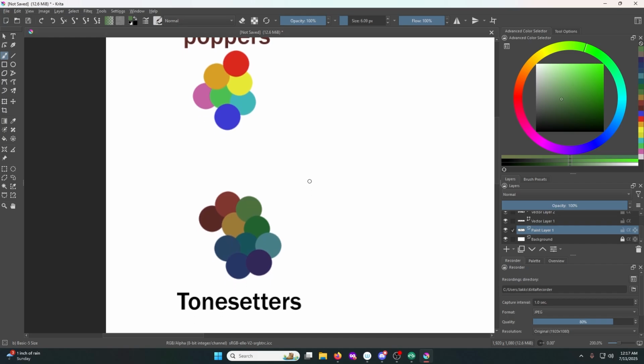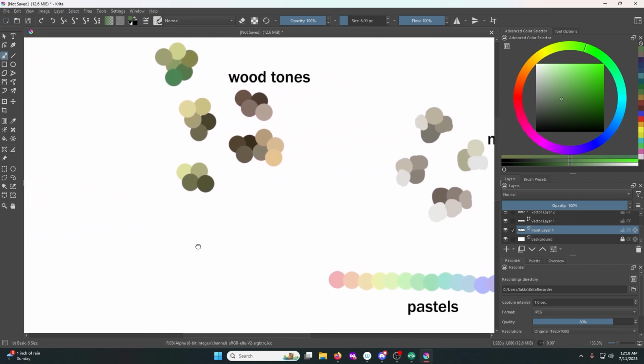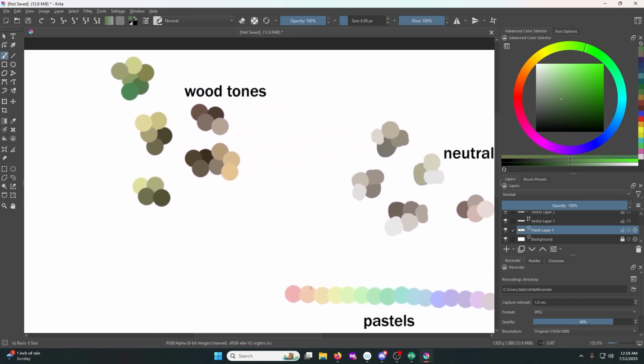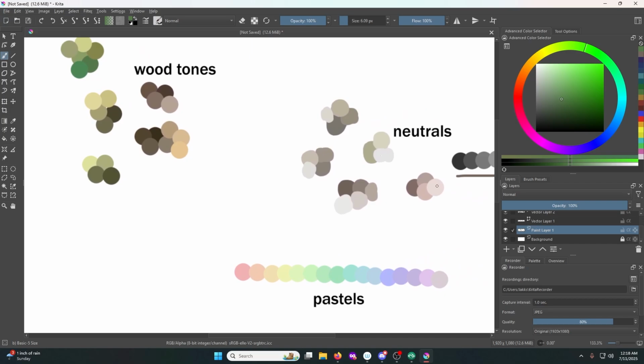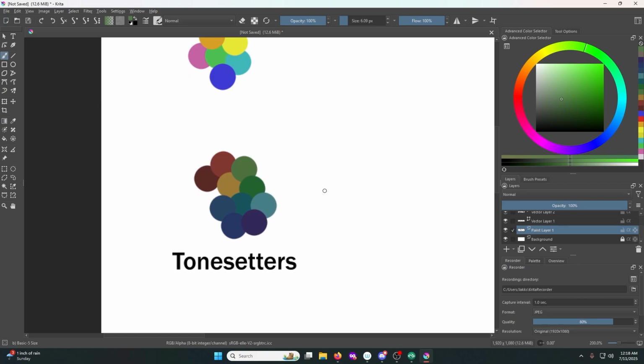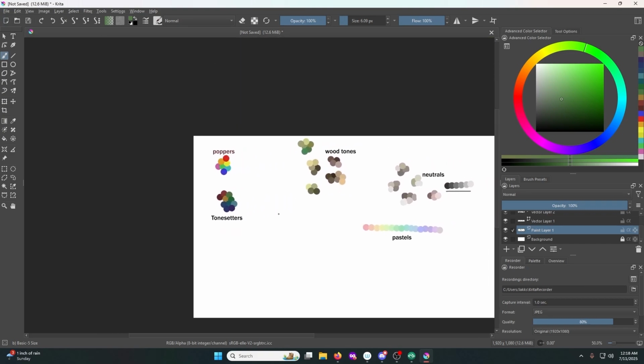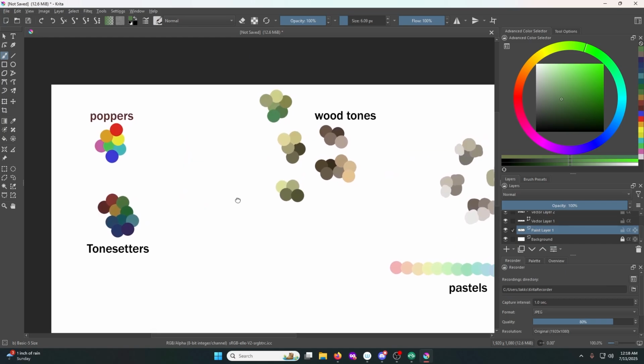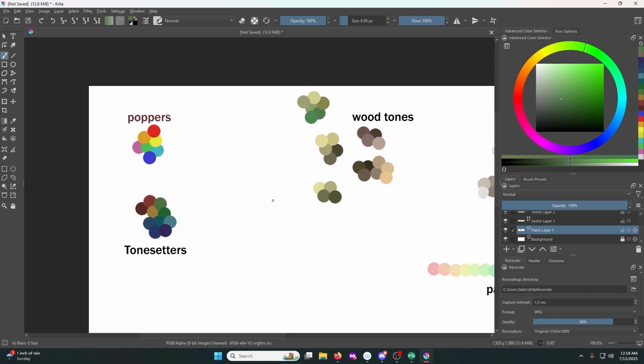Your tone setters are similar to the pastels in that they're pulling from the benefits of color, while also saying more than the neutrals. Your tone setters are good for establishing a tone, a vibe, a setting. And so if you want an area to lean into a particular feeling, you're going to do that through your tone setter colors. And then after that, you'll layer on, in tandem, some more of your neutrals in order to create that vibe, as well as what kind of plants and wood you're going to bring in. And then you choose the specific color